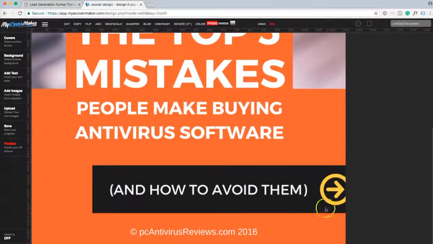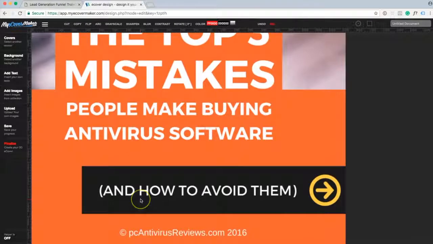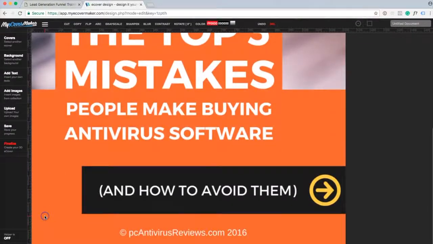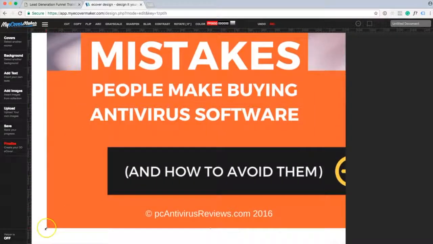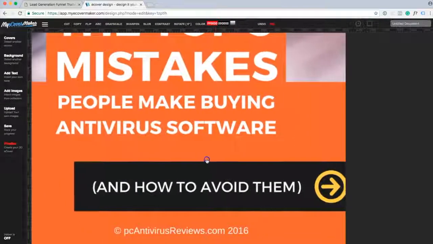Make sure there's no white space here. Okay, so now I've got a problem on this side. I want to scooch this, and to correct all of this, because that's moved back, I am going to come back here, just stretch the whole thing out a little bit, and then grab it